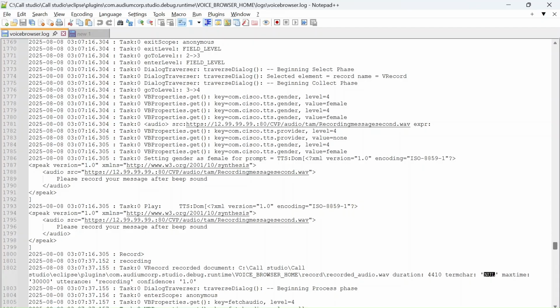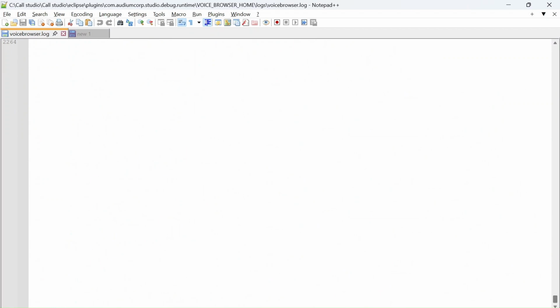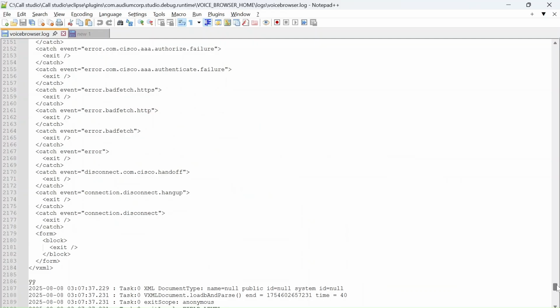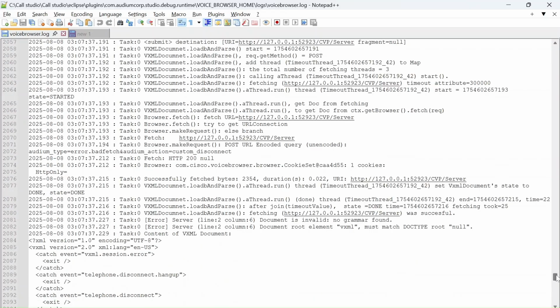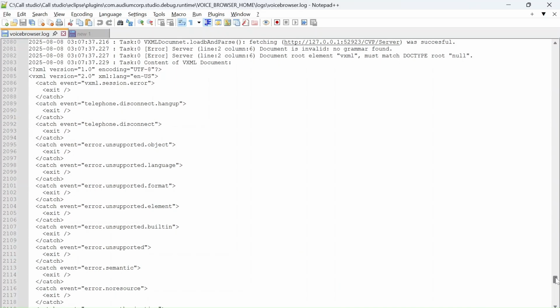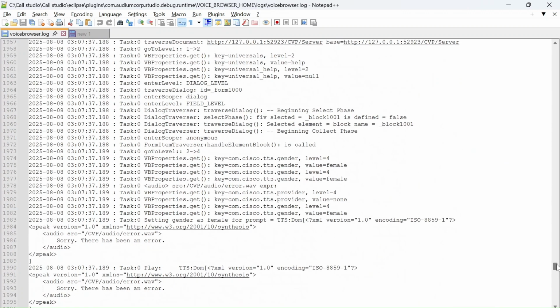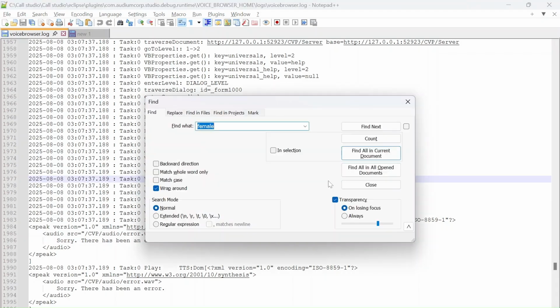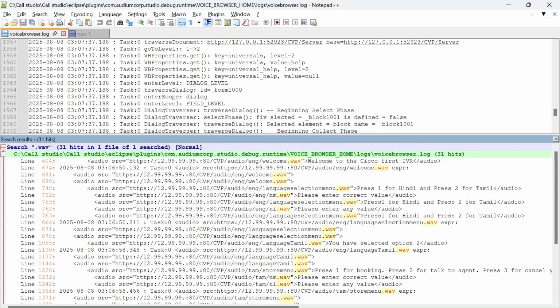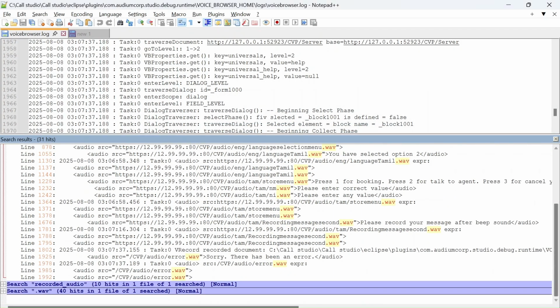Inside this, if you go through, this is a very detailed log: all the events, what kind of event is coming, how you can catch them, and what file is playing. So Control F, the .wav file, how many .wav files have been played in your call, that will come here. So it is fetching. Look at this. This is my localhost